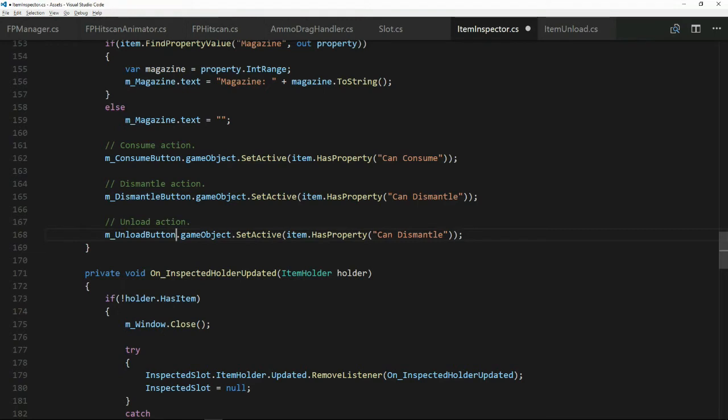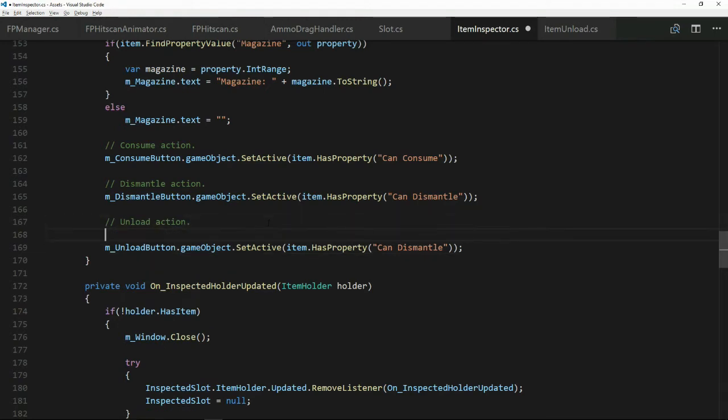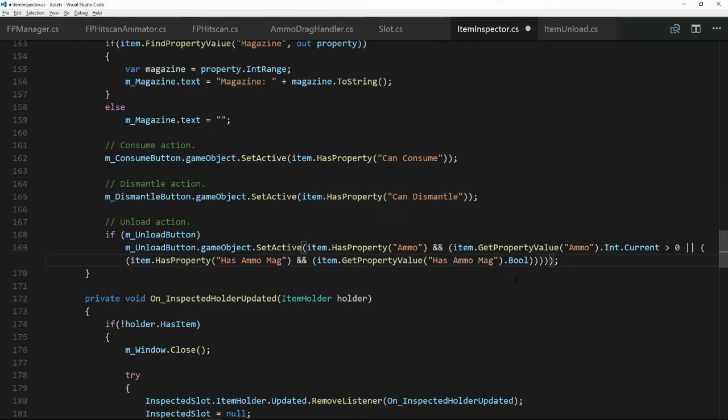And we don't want to have can dismantle, but it also just annoys me again, so let's put in an if statement, oops, put it in the right place, an if statement to say that our variable for unload button actually has something in it. So instead of saying that we have the property can dismantle, we want to put in here the ammo property, and to make sure that it actually has some ammo. There we go, bit of pasting in. So we're saying has property ammo, and get the amount of ammo